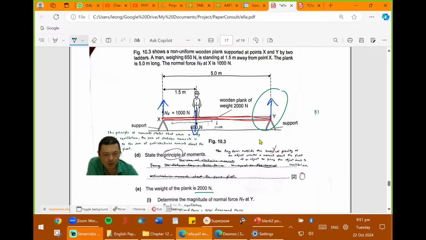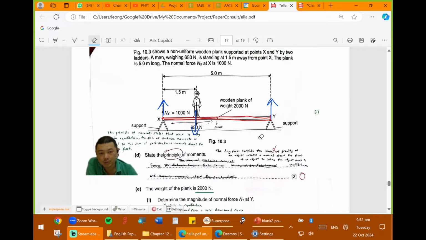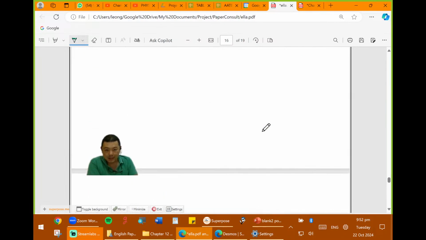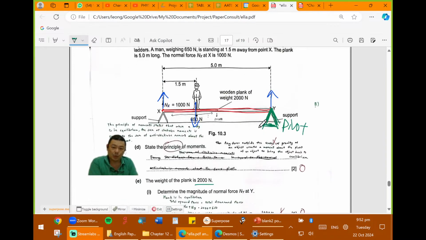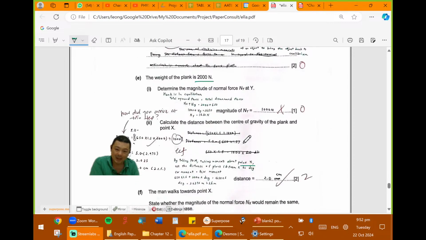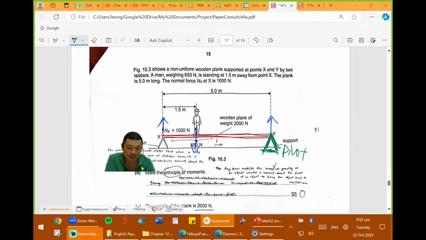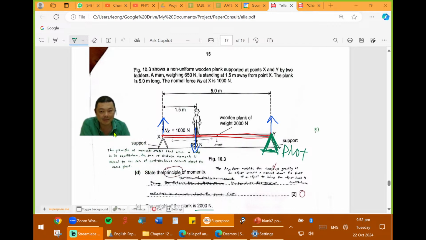Okay, so you're saying that, but what if it didn't occur to you? Because that didn't occur to me at first, right? I just thought Y is just unknown. If I don't know Y, then I'll make the pivot at Y. Okay, yeah, this is my pivot. Part of the reason why I'm doing it like that is also to show you that it can be done either way. It can be done by taking pivot at X. It also can be done by taking pivot at Y. I'm just showing you the other version. You understand? Okay.